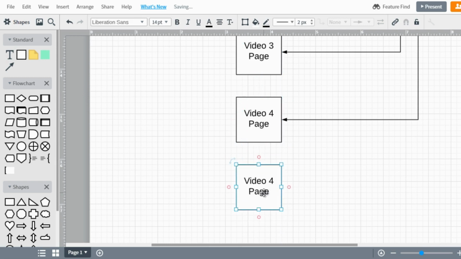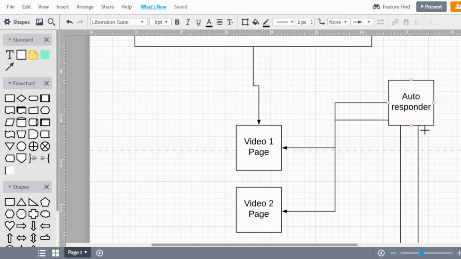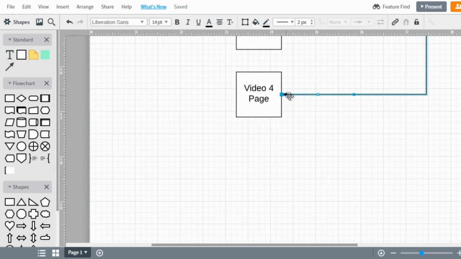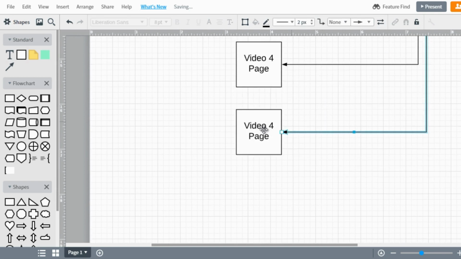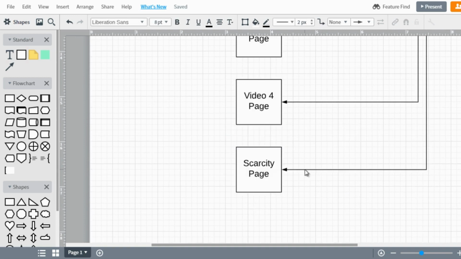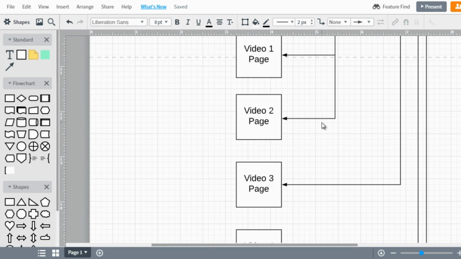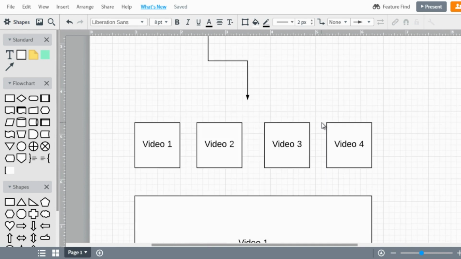So after they get the offer, you decide how long they have to act before the offer disappears. And you can set up a scarcity page that says something like, sign up here before it ends. So that's getting a little bit complex, but if we go back to the basics,